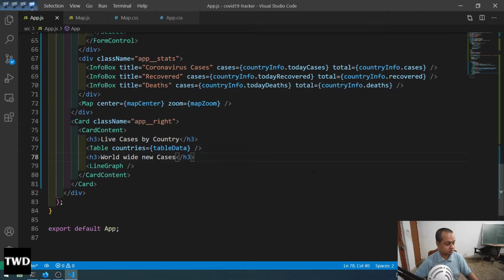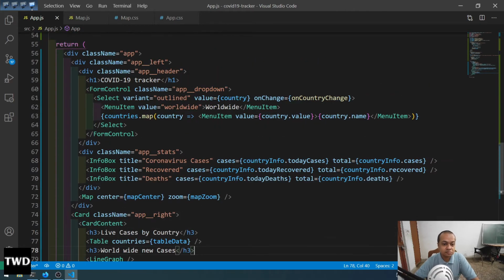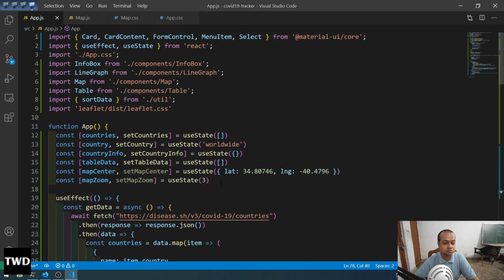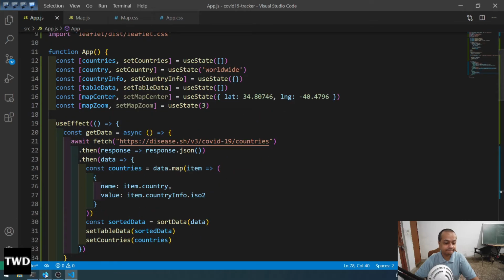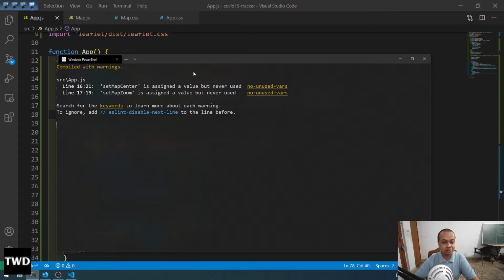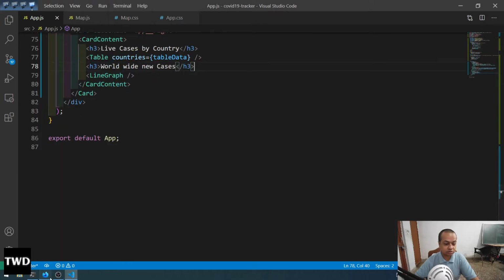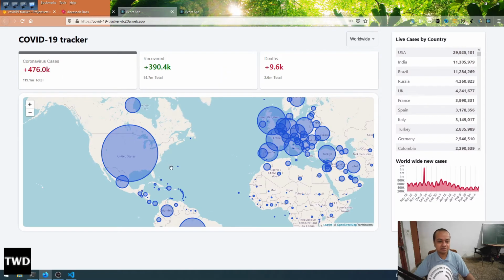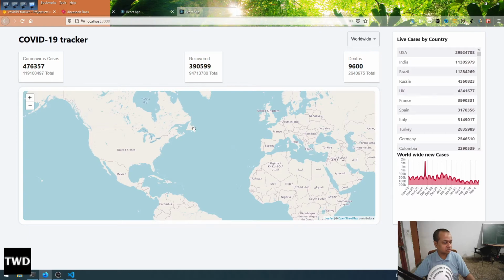hope it is working. Are you getting any error? This is okay. We are soon going to change it. Yeah, so we are getting the map, and this is very important because the map we are getting, and this is the attribution which we have given, it is coming there. So now we want to show the data. So just a map is not enough, so we want to show the COVID data, just like here we want to show those. Okay, so